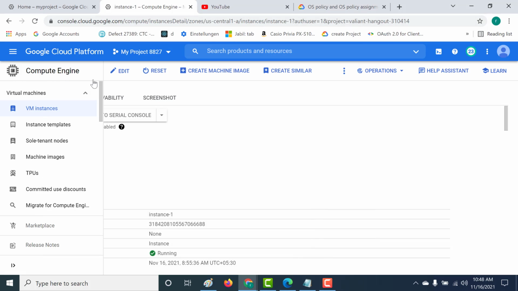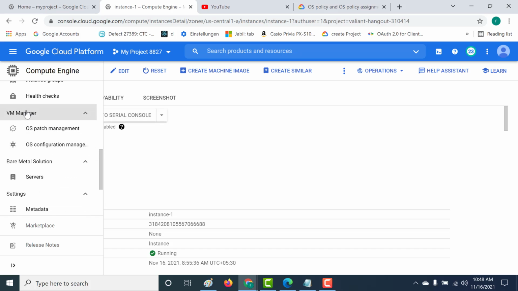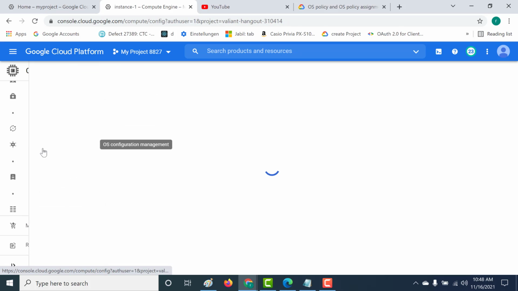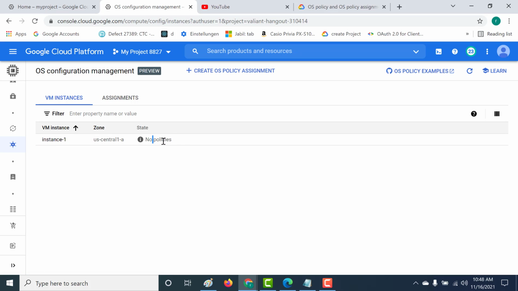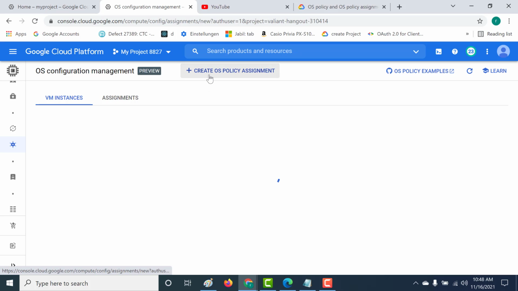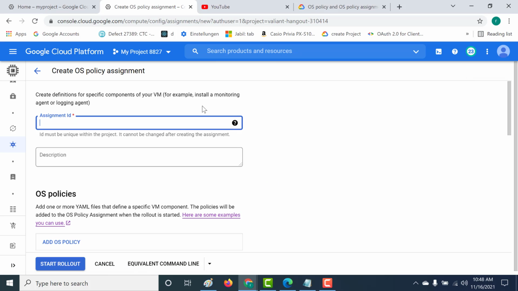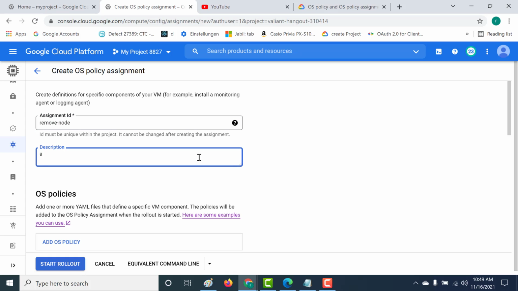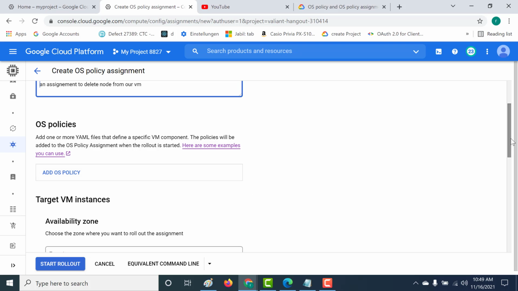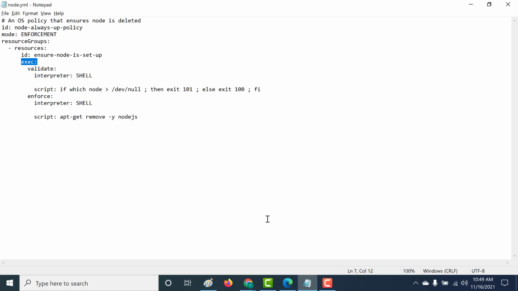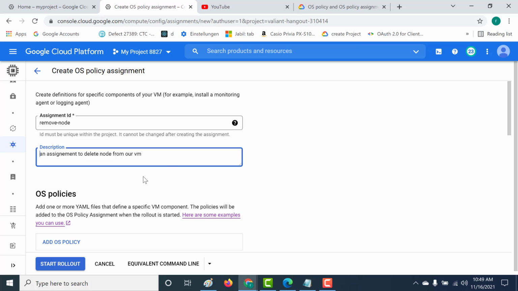So again, to do that, let's go back to our compute engine. And what you need to do is go to your VM manager, and within that, there is our OS configuration. So let's open this. So currently we have our instance which has no policy associated with it. So let's create our OS policy. Let's give this assignment a name. And here we need to upload the OS policy that we had created. This is basically the script that I had written previously. So let's upload this,